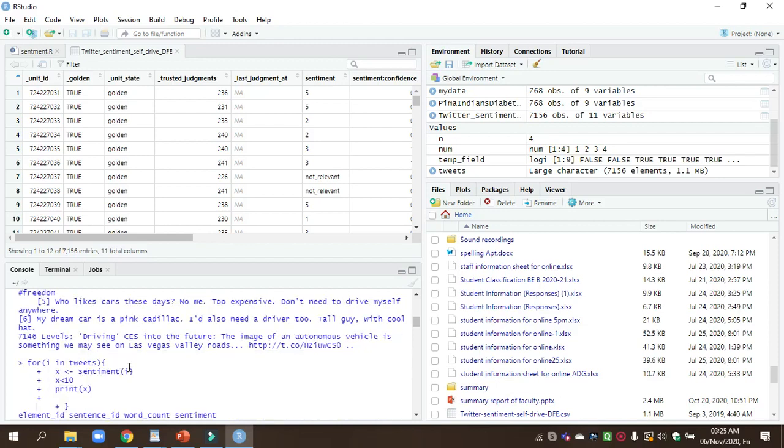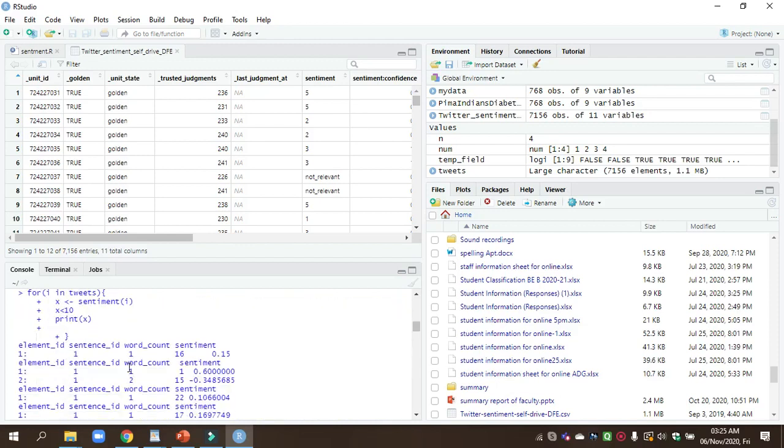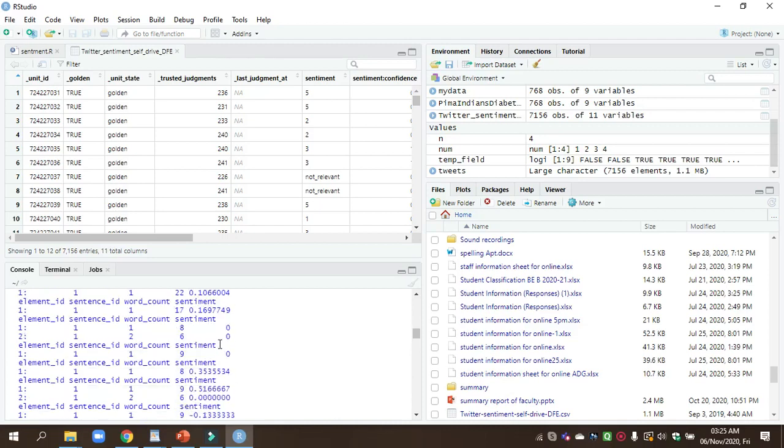After that, we get the element ID, sentence ID, word count, and sentiment. Based on this, it gives the output of the assignment.